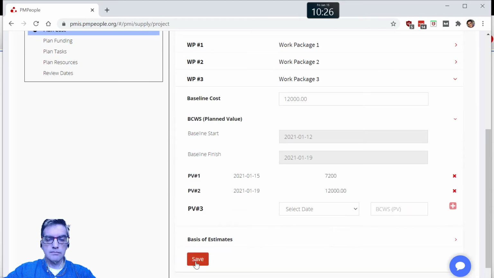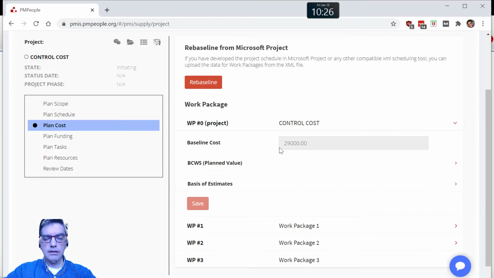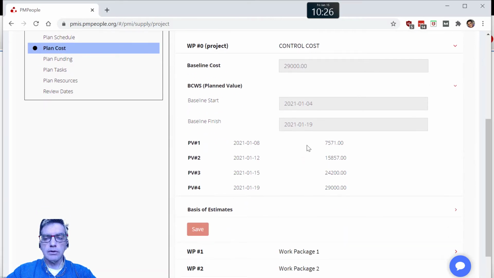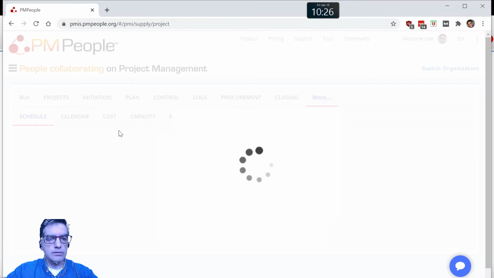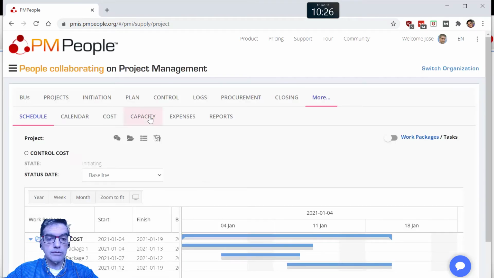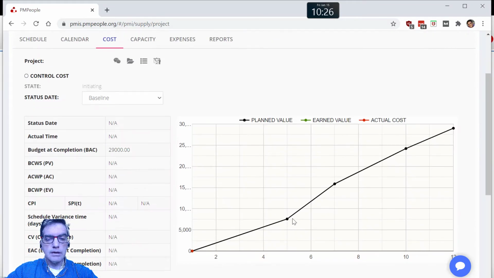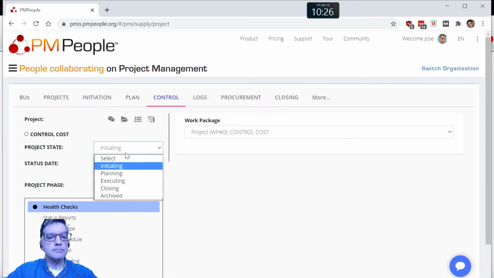Yeah, if I review the work package 0, this is built from bottom up, and this is correct according to the example in the PowerPoint, right? If I prefer to see this graphically, I can check the cost, and these are the numbers here. Okay, so let's move on to execution,